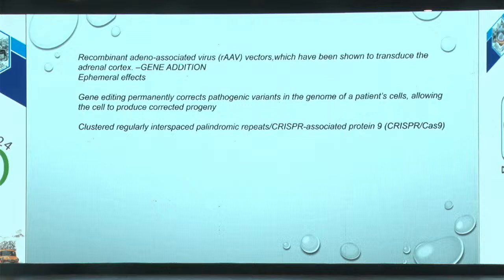Recently, people have focused more on adenovirus-associated vectors, which have been shown to transduce the adrenal cortex, which is known as gene edition. But the problem with this is the effects are ephemeral. As there is increased cell turnover, within a few years, the effects of these genes do come down. That is the reason why people are focusing more on gene editing, which corrects pathogenic variants in the genome of the patient cell, including the stem cells, allowing them to produce a corrected progeny, and because this is in the stem cells, this also might not be